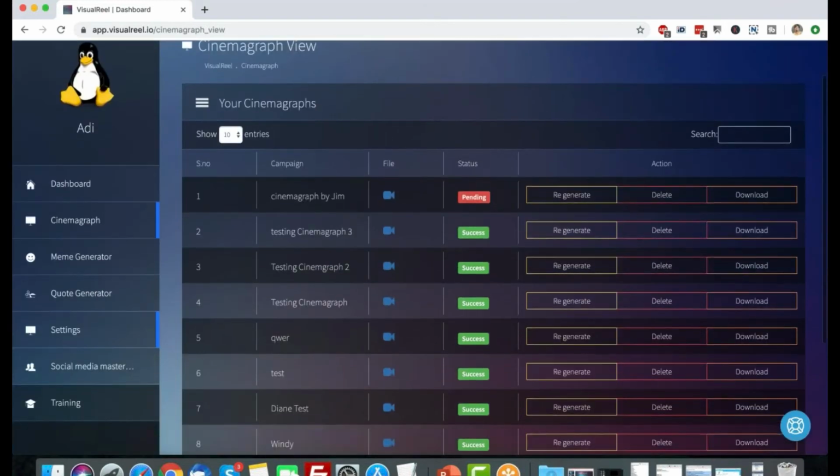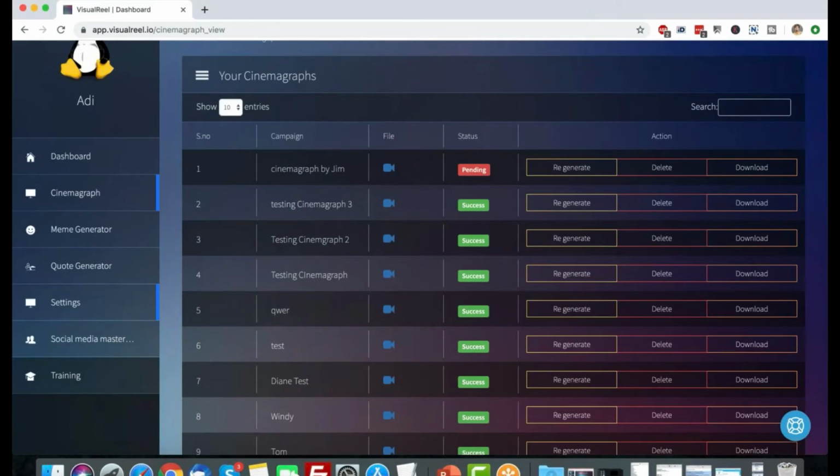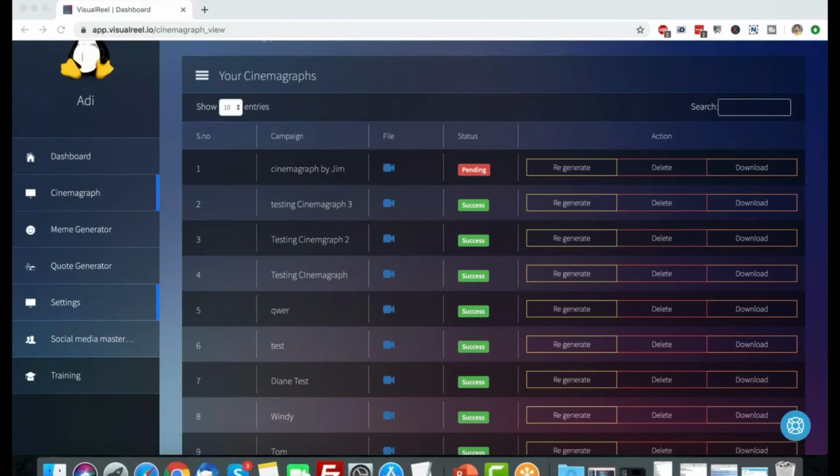Again, super easy. You can create lots of Cinemagraphs, lots of ways to create animated short videos that you can use. Now, we're going to have a new update in VisualReel real soon, which will let you create the Cinemagraphs as animated images as well. In a couple of days, you'll see an option. Instead of just MP4, you can also download this as an image. So that's another cool way to do it. So this is how Cinemagraph works. Super easy, super straightforward. Takes a little bit of playing with it, and you'll create some amazing content.